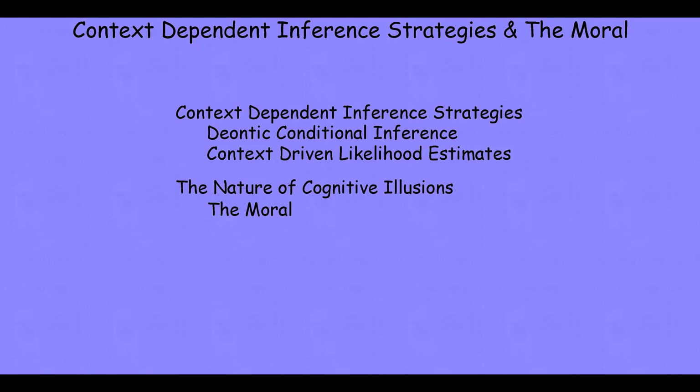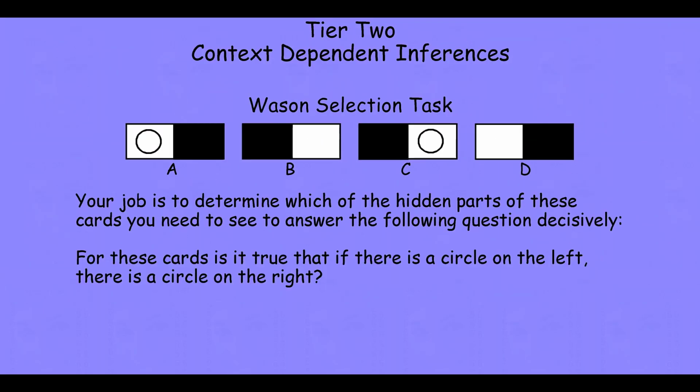The first example of a hypothesized context-dependent inference strategy comes to us in the form of what's called the Wason selection task. And the Wason selection task is a conditional inference task. We're presented with 4 cards. The shaded sides of the cards are hidden from us. The other side reveals what's on the card. And we're asked the following question with regard to these cards. Your job is to determine which of the hidden parts of these cards you need to see to answer the following question decisively. For these cards, is it true that if there's a circle on the left, there's a circle